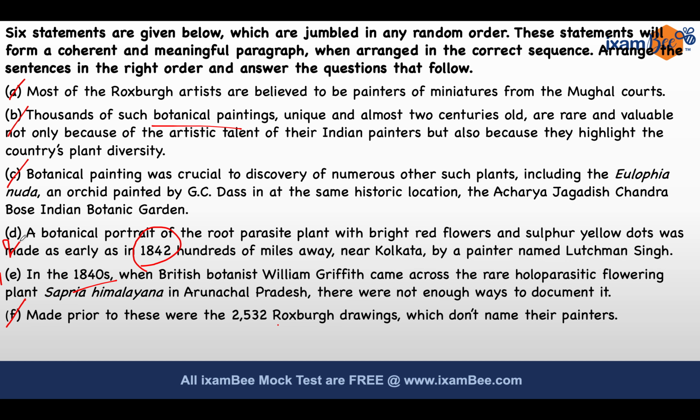Let's try to look at sentence number 3 now. We are talking about botanical portraits, botanical painting. Which sentence talks about botanical painting? B does, but it says such, which means it has already been mentioned before. So obviously C talks about botanical paintings. You don't need to read the full thing. Just try to find out the main idea, main keywords, and you can do it in a jiffy. So here goes, this is our third sentence. Next, such botanical paintings. This is your 4. Remember mandatory pair?